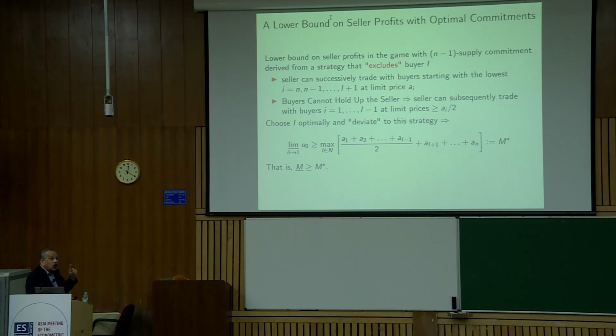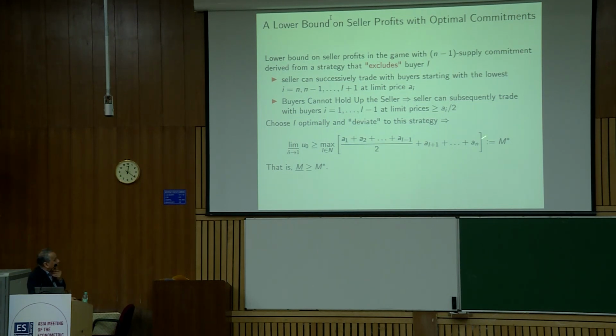So again, we're looking at the case here of establishing the lower bound on the n-1 supply commitment, a very particular simple supply commitment where you commit to excluding one buyer. Okay. So using the logic that the lowest valuation buyer amongst the remaining set of buyers has a utility in equilibrium of 0, whichever MPE you're looking at, without being specific about the MPE, what the seller can do is